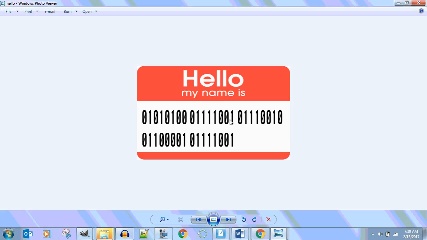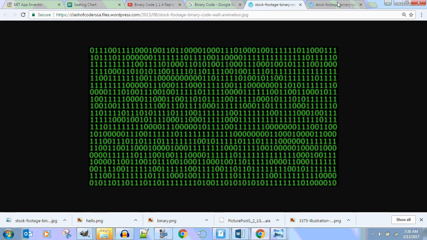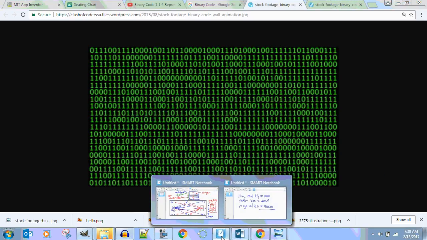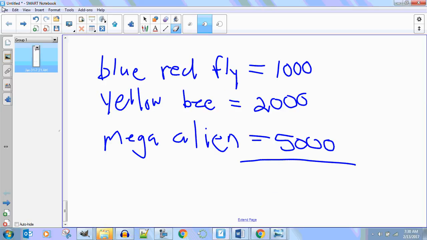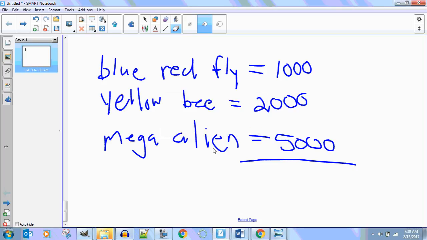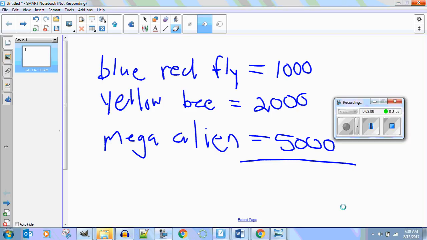Can someone shut that door for me? Okay, so let's go ahead and start. Let's start writing some stuff down. Does everybody have note papers? Okay. Does everybody have a pen or a pencil? Paper doesn't help you if you don't have one. My computer's going really slow again.